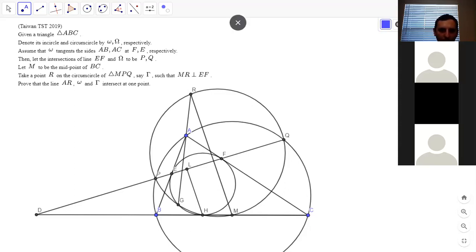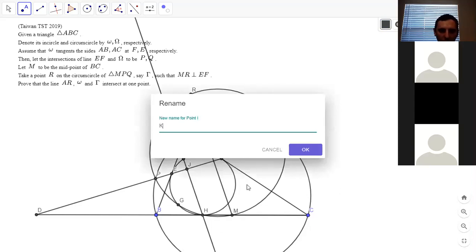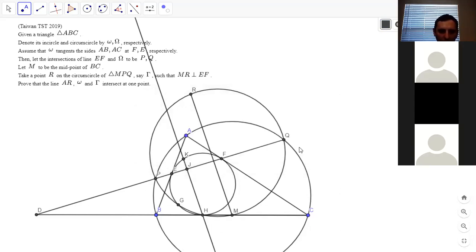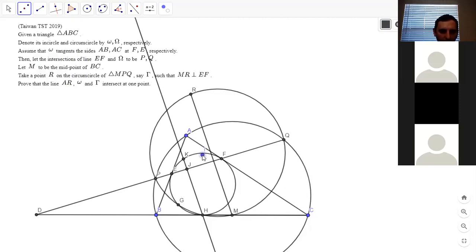So let me instead do it this way. We'll draw both these points. I think R, A, K, and G are collinear. I can't prove it, but